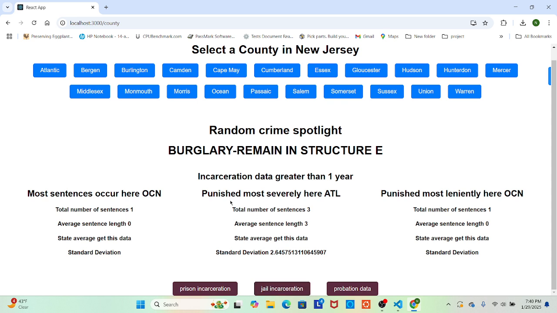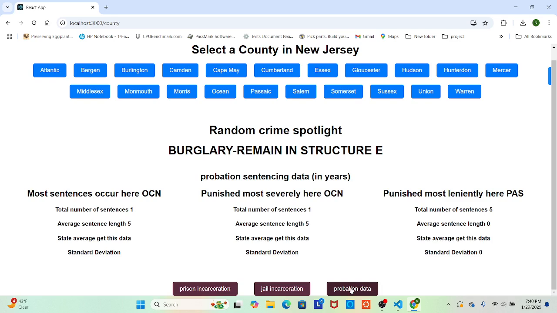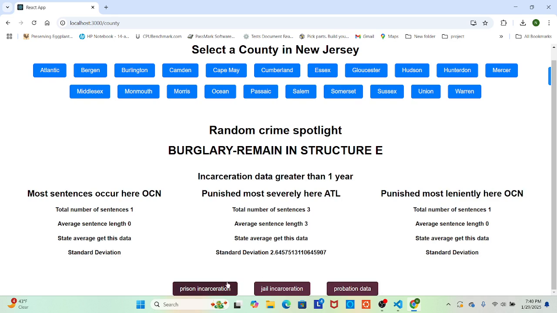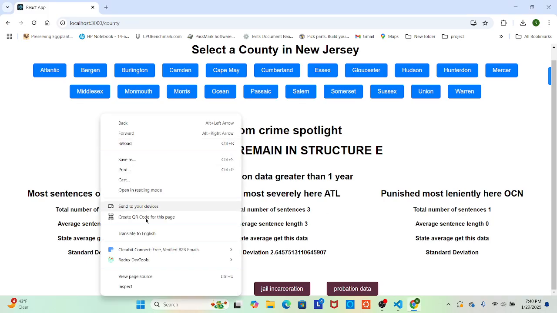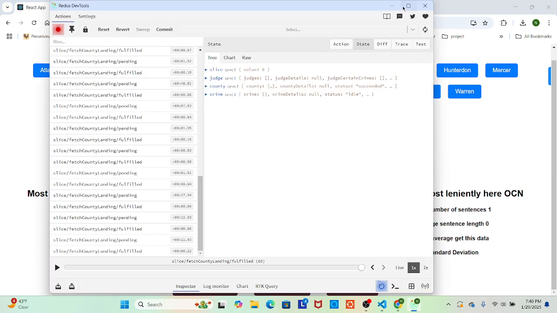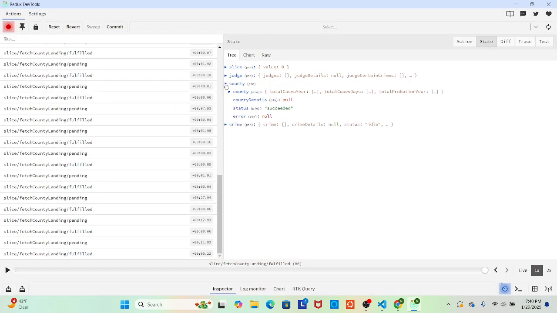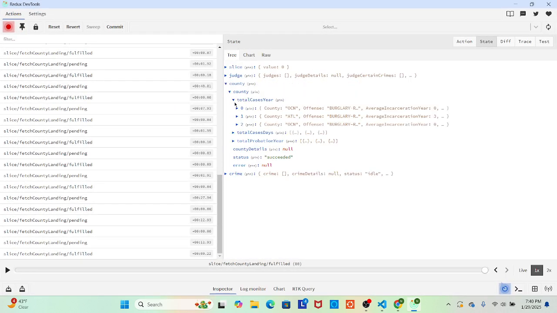You see, this is why most sentences occur here, Ocean County. That is a whopping bullshit. One sentence, but you have three sentences here. So something screwed up here. Lordy, lordy, lordy.